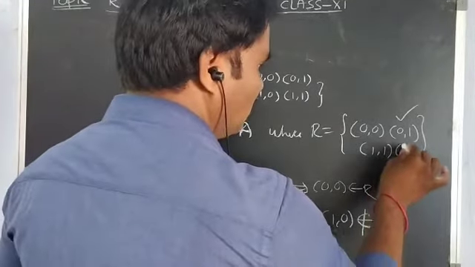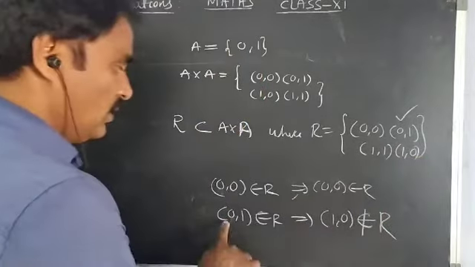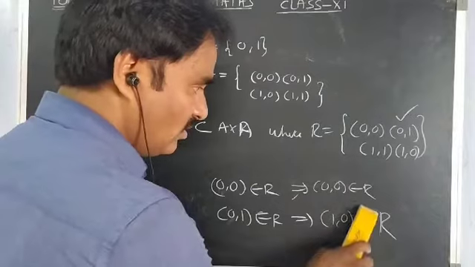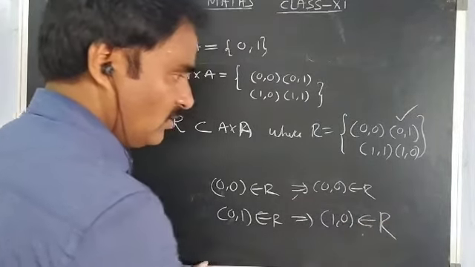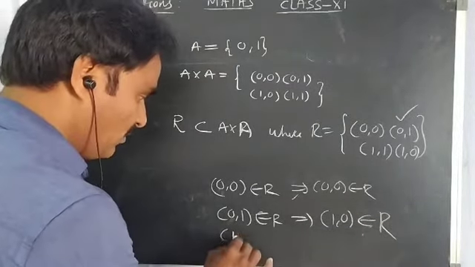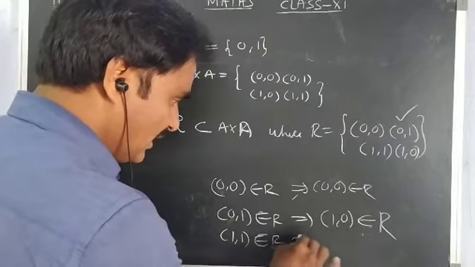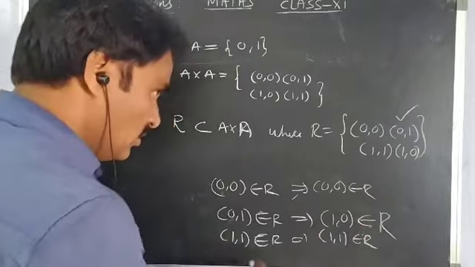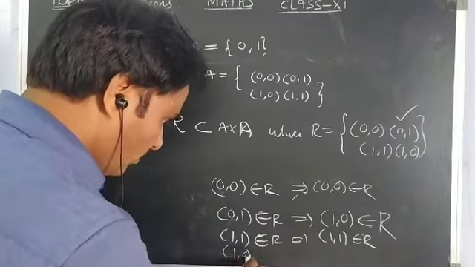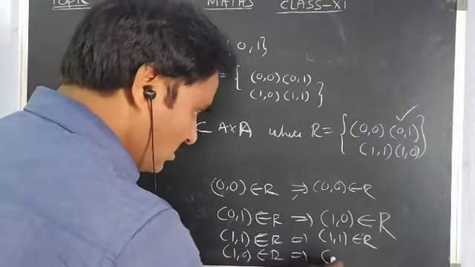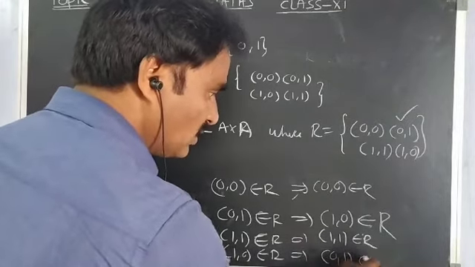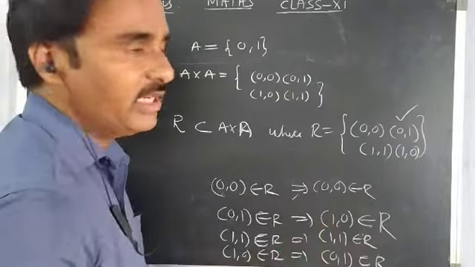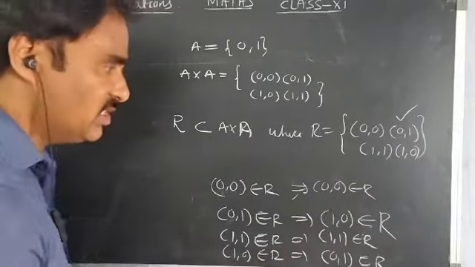If I include 1, 0 in this set, now take 0, 1. Again interchange, 1, 0 belongs to R. Belongs to R now. Okay. Again I will take 1, 1 belongs to R. Interchange 1, 1, again you will get 1, 1. Again it belongs to R. Take 1, 0. Again interchange the coordinates, 0, 1. Does it belong to R? Yes, it belongs to R. So every ordered pair satisfies the symmetric condition. Now it is a symmetric relation.